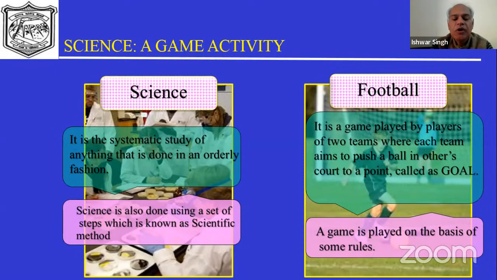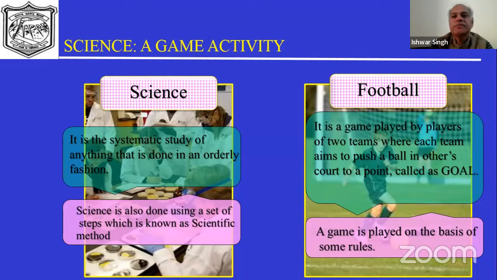This is only possible when, instead of talking about science in terms of biology or chemistry or physics or any other branch of science, you focus on some common points of all these disciplines, and that common point is this scientific temperament or the